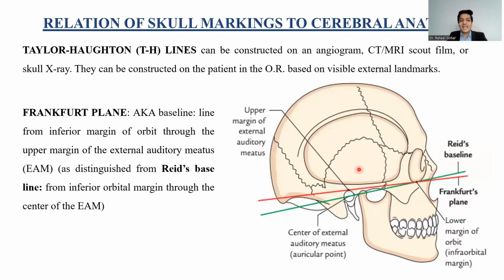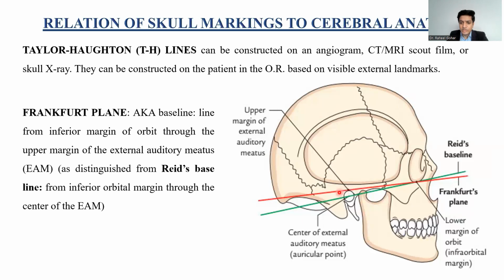So let's discuss these lines as well. These lines are known as Taylor-Haughton lines, and we can construct them on the skull. We can construct them on different radiological investigations like the angiogram, CT scan, MRI, or X-ray skull. Starting with the Frankfurt plane, it is shown by this red line here on the lateral X-ray of the skull. You can see that it starts from the inferior orbital margin and goes above